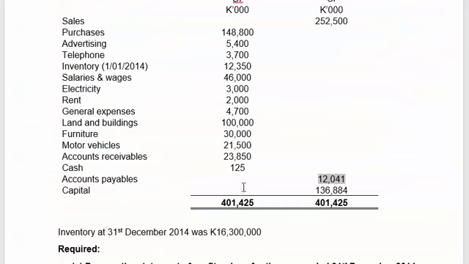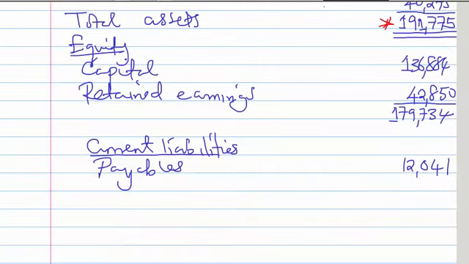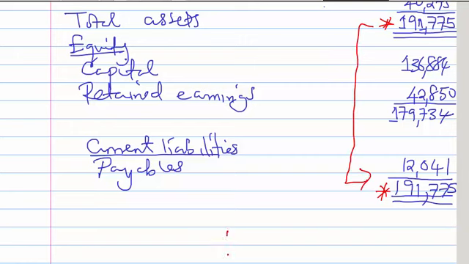The figure comes from right here. If we add those up, it will give us our total equity plus liabilities. Let's confirm that. 179,734 plus 12,041 gives you 191,775, which is the same as this one,